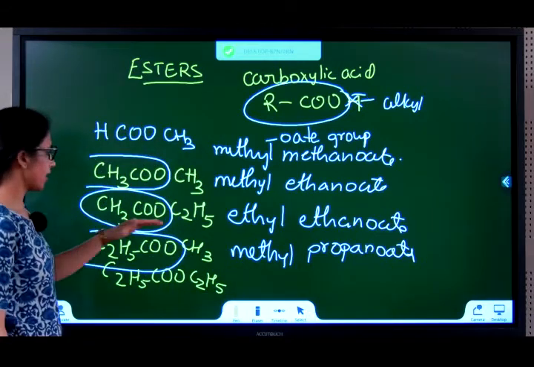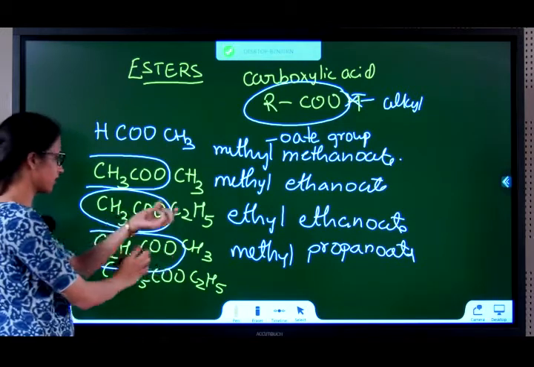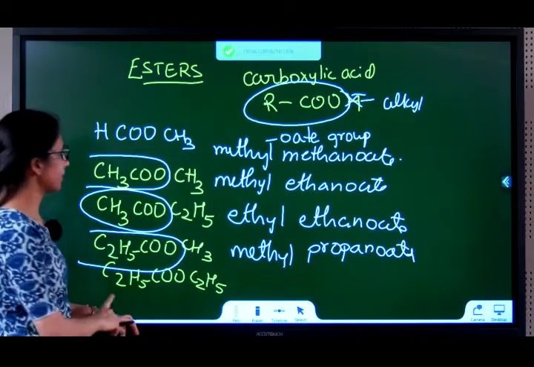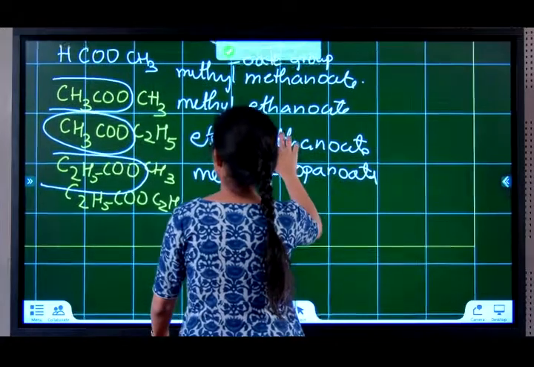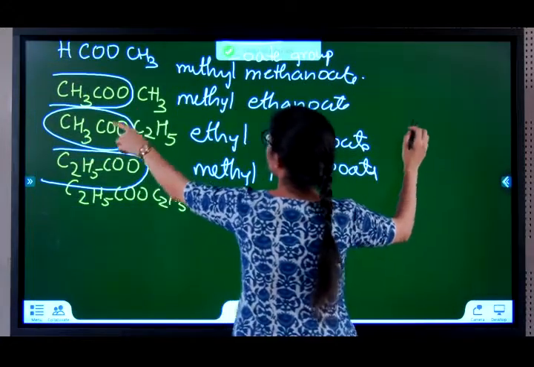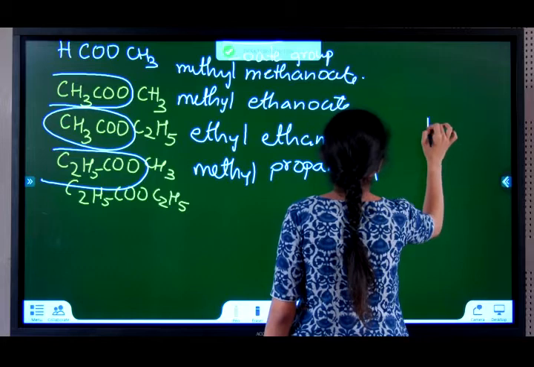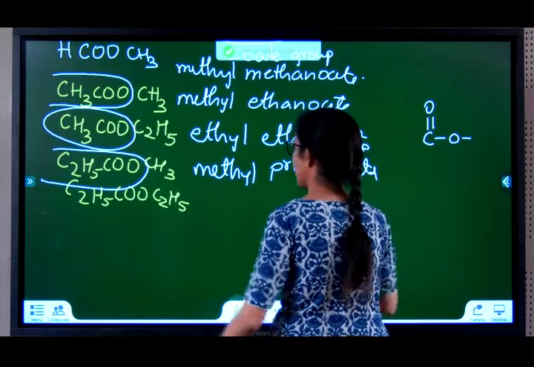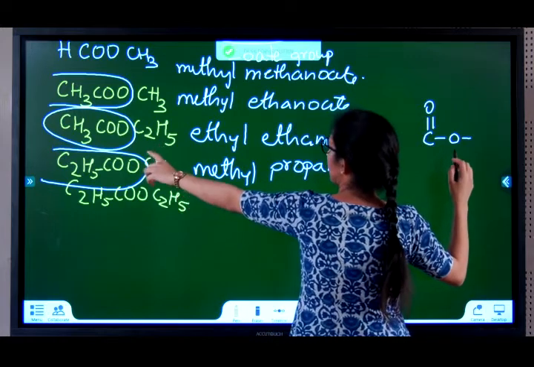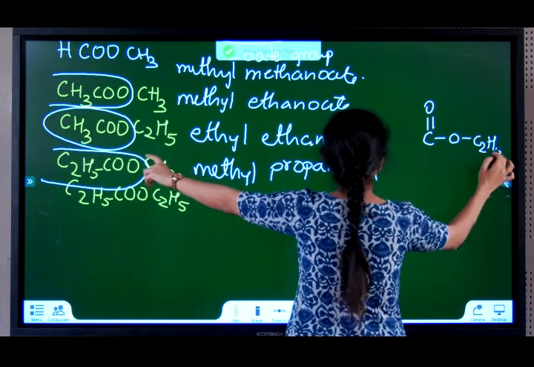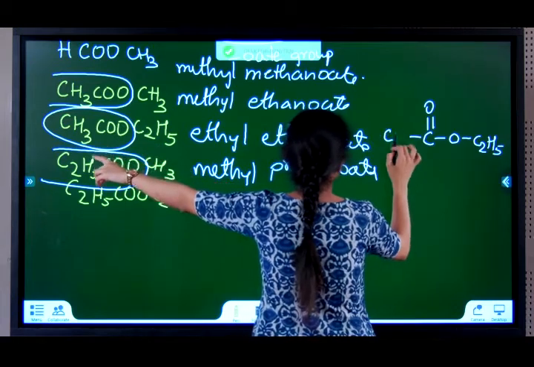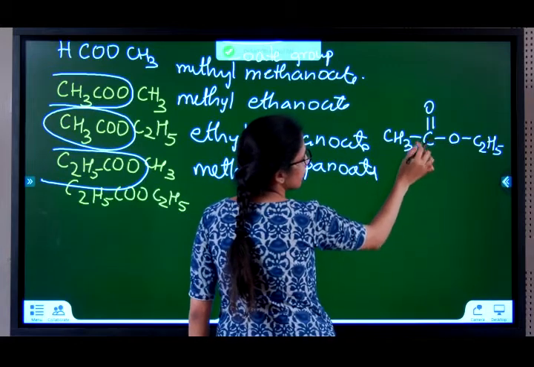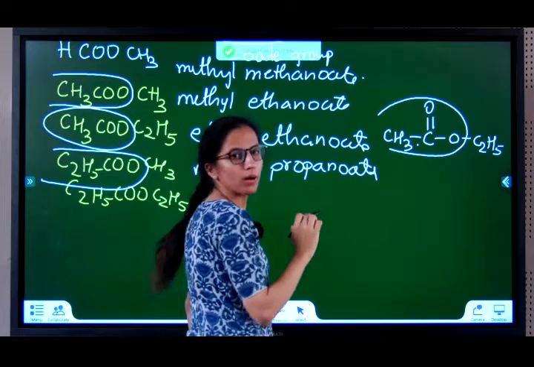For 1 second you will feel these two are same. CH3, C2H5 interchange. Why can't you say that here? Observe carefully. Let me draw a little bit of the structure here. So C double bond O, OH. We have removed this H and we have added whom? C2H5. And here we have CH3. Observe carefully. CH3 is bonded to the carbon here, which is why this is your main compound.